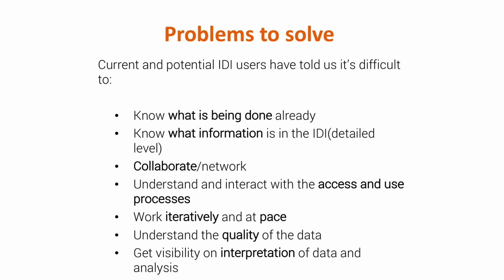And so we've been out and we've talked to customers, and that list there gives you some idea of the things that are still difficult and tricky for people. So it's not all about technology. There's also, I need to be able to interact and have a better network. I need more metadata, and I need the metadata really close to the data. Some really practical things as well. I need to be able to work iteratively and at pace, and sometimes your processes just really get in the way of that. How can we find a good balance?